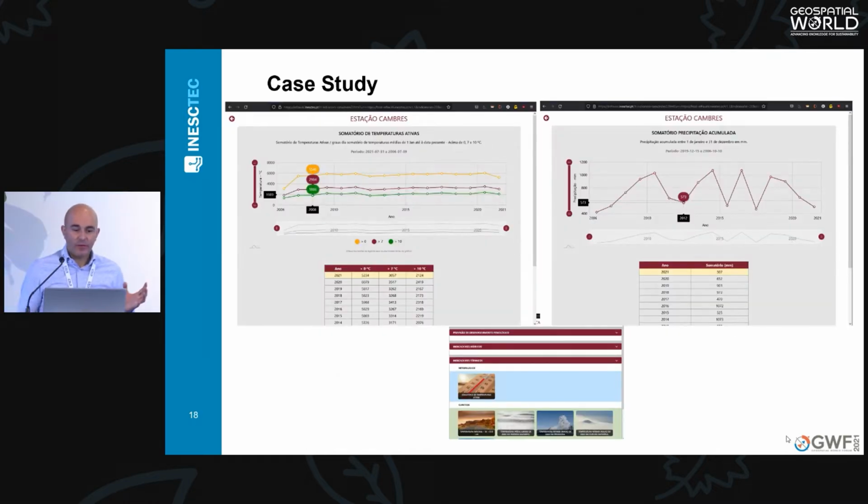This enables us, for instance, to create a set of indicators such as climate indicators, agronomic indicators that are really valuable to viticulturists because they can now have a clearer image of how the process is going, what the tendency of the climate is, and then they can take actions and be aware of the problems that they may encounter in the future or near future.